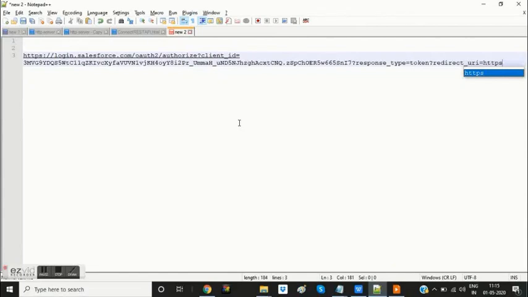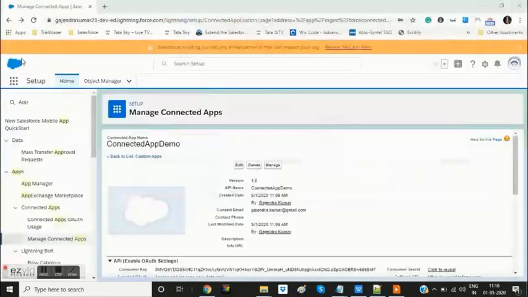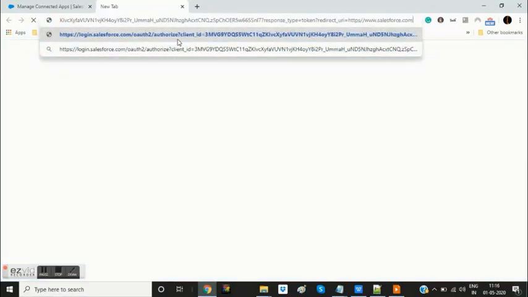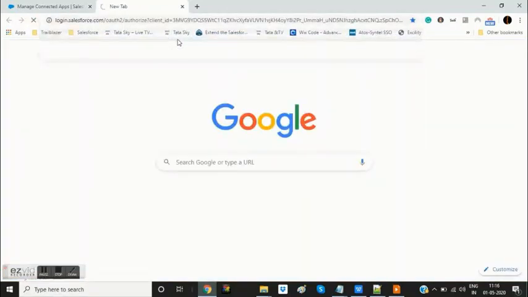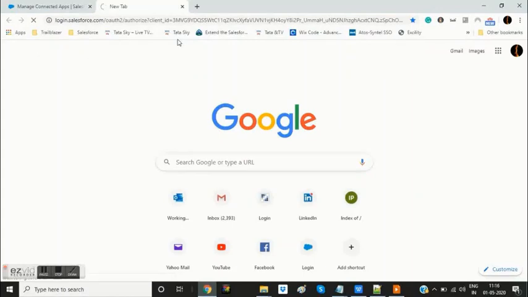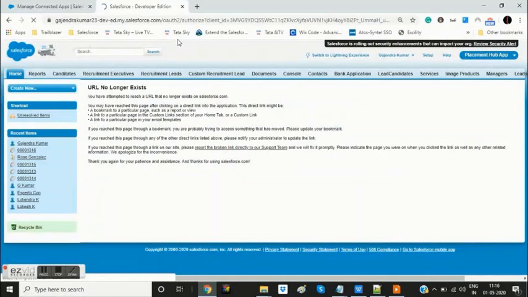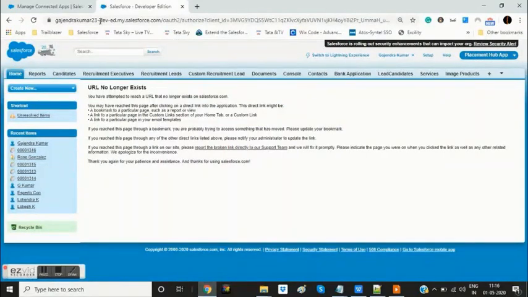It has to be exactly the same. Now I need to copy this URL and try to hit it in my browser. Okay, so there is something wrong in this URL. I missed out something. Let me see.